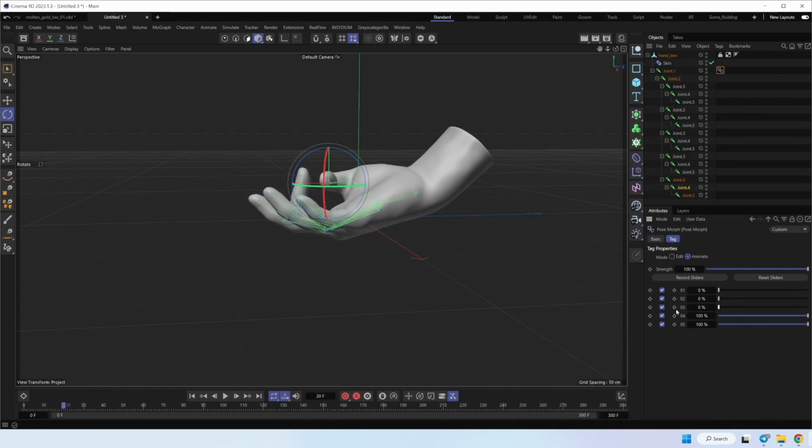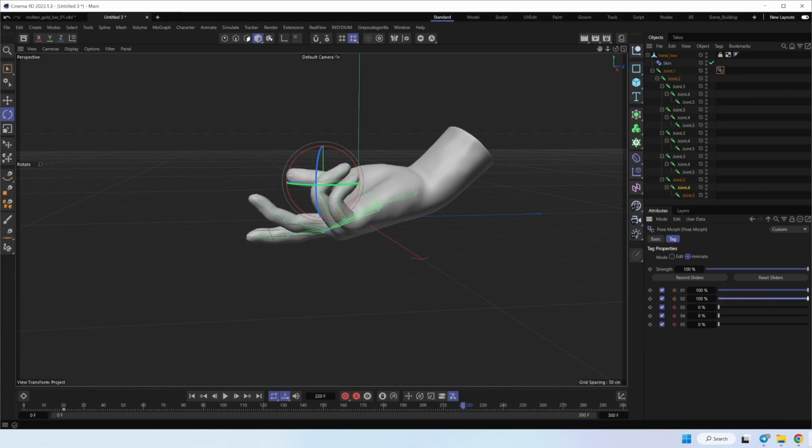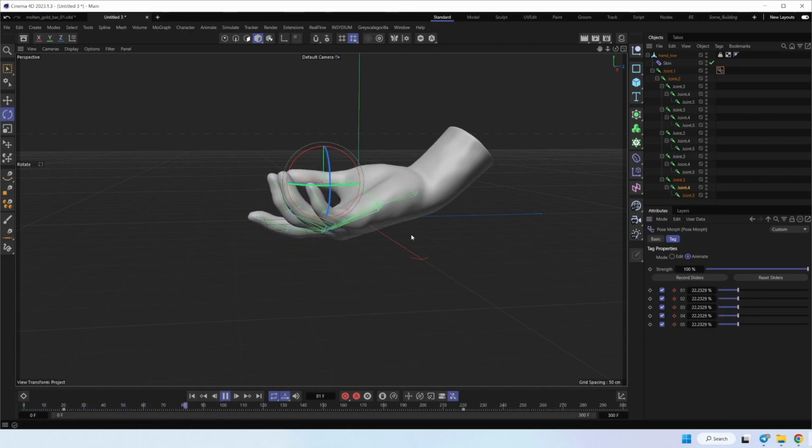Let's move each slider to 0 and press record slider. Then go to frame 220 and record again. Let's check. Yeah, it works.